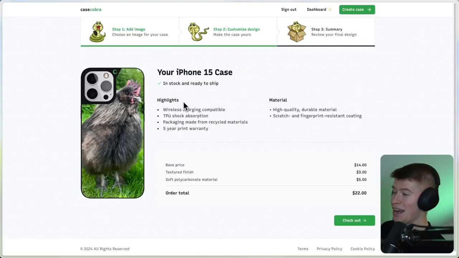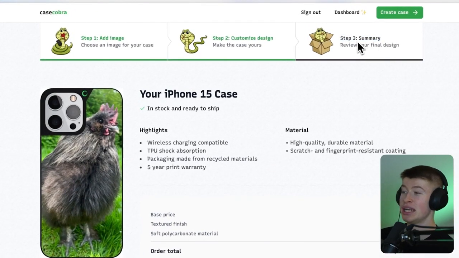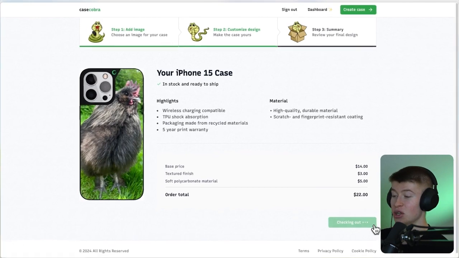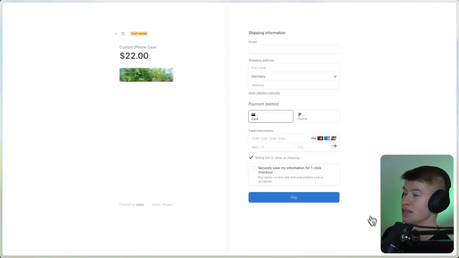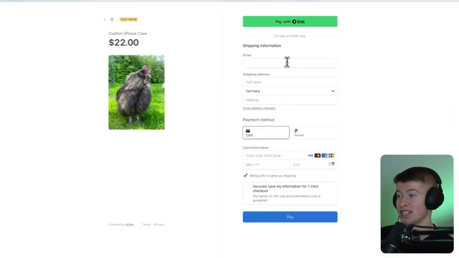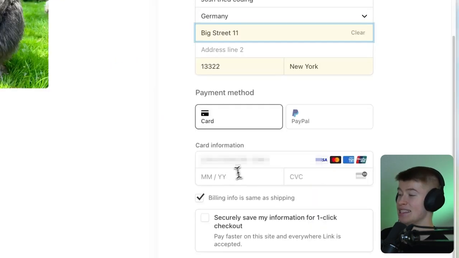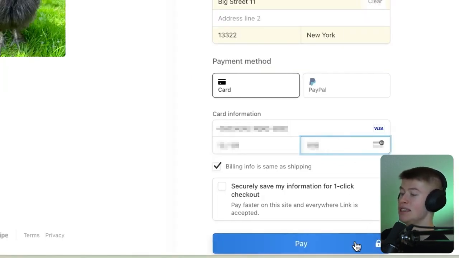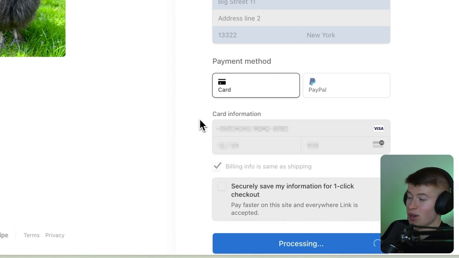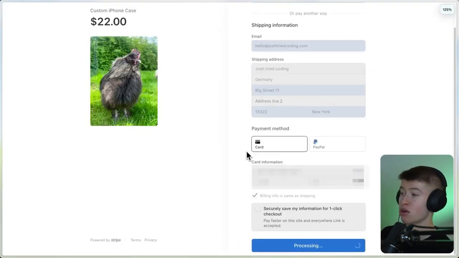Now, what about our iPhone 15 case? As you can see, we are on the last step right here, the summary, where we can review our final design and actually check out to purchase this case. So let's do that. That's gonna forward us to a hosted checkout page using Stripe, where we can input our email and the complete shipping address. And let's actually pay for this product. So I'm gonna input the payment details right here and then hit pay. No, we don't want to save the card, and that's fully automatically going to process the payment for us securely